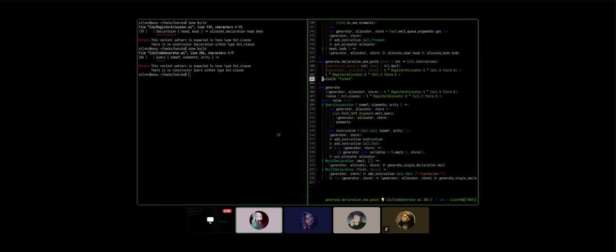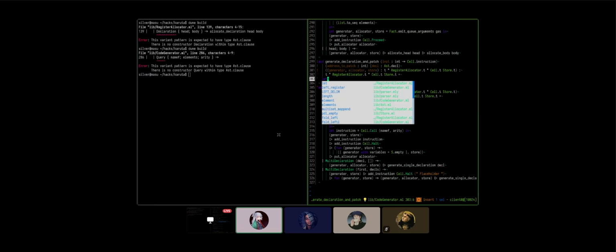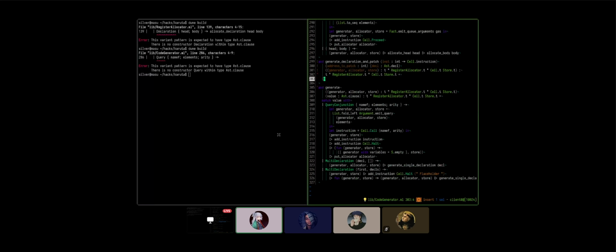Yes, so basically we need to do this. Oh, actually here's what we're going to do. Generator store. We're going to copy this, in fact, and we're going to remove it from down there later.